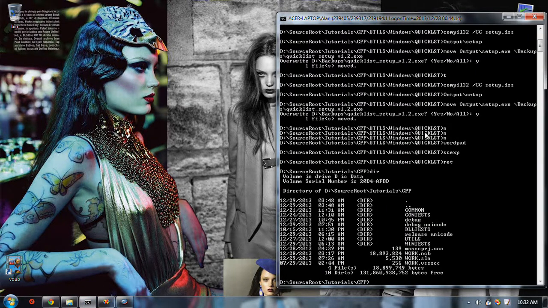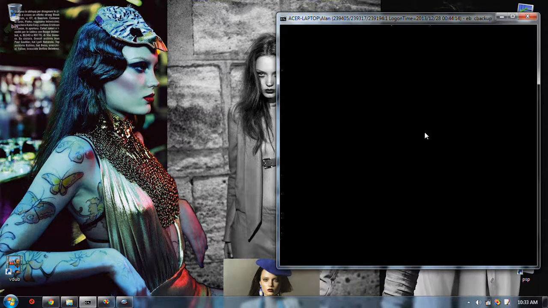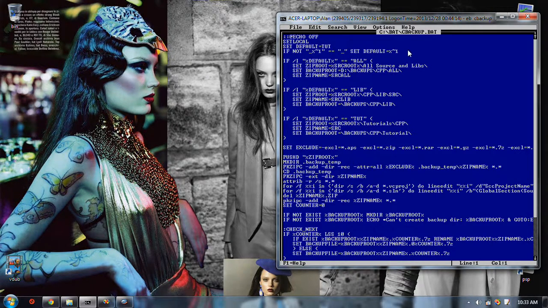Another thing I wanted to mention was, see, I have this batch file. I have a batch file, believe it or not, for making backups. For the source code backups. I think it's called C backup. So now I've always had these 3 choices.